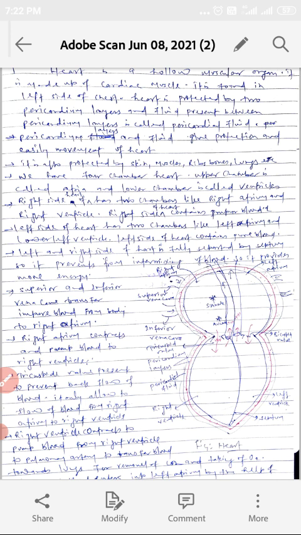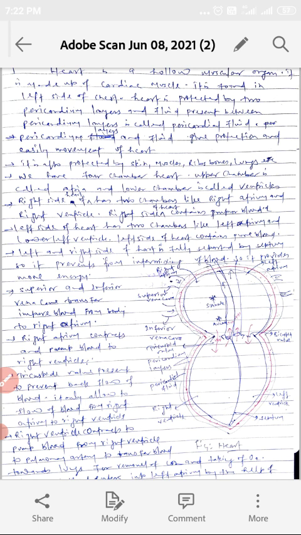Right ventricle contracts to pump blood from the right ventricle to the pulmonary artery to transfer blood towards the lungs for removal of CO2 and taking in of O2. Now pure blood enters the left atrium with the help of the pulmonary vein. Now the left atrium contracts to pump pure blood to the left ventricle.